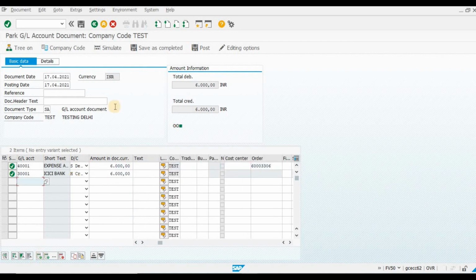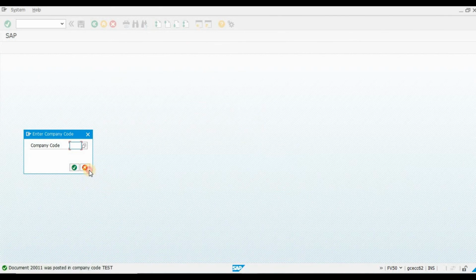Now internal order. If I'm going to post, it will throw an error. See. Now I make it 5. Now if I post it, it will show a warning that it is exhausted, enter, and the document gets posted.